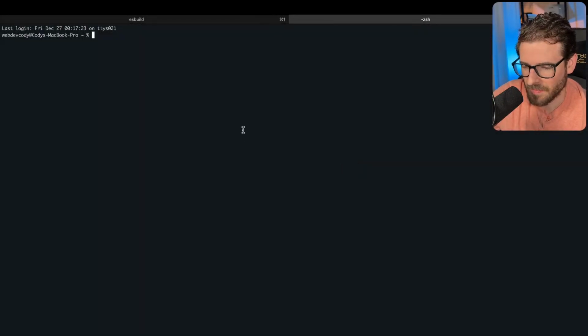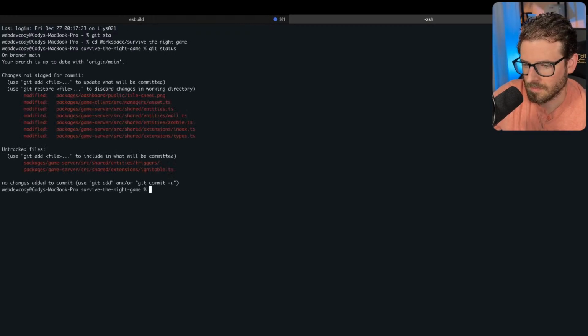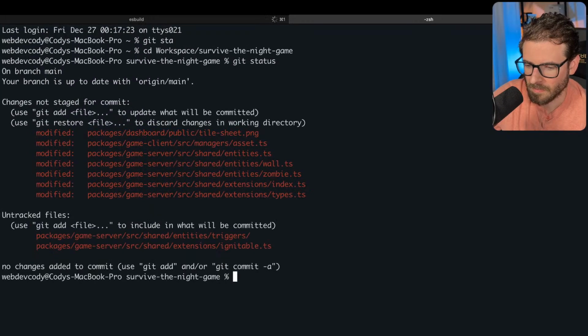Gonna get annoying, isn't it? I was doing something on this project, but I don't remember what it was. I think I was refactoring the entities or something. We have a wall and a zombie.